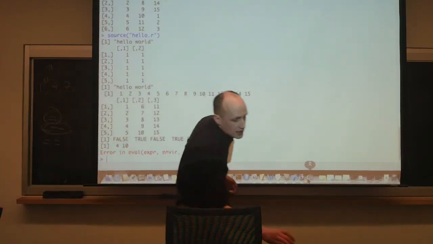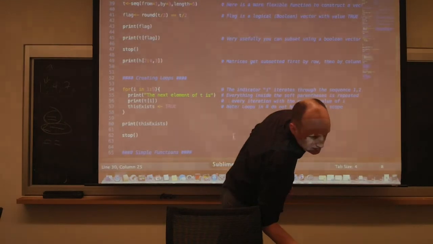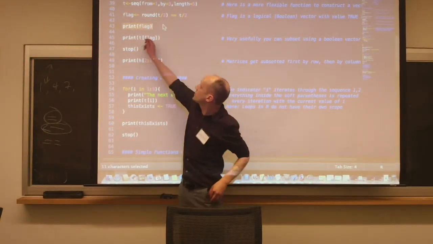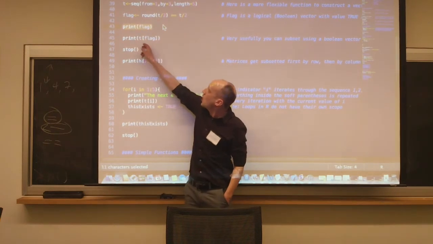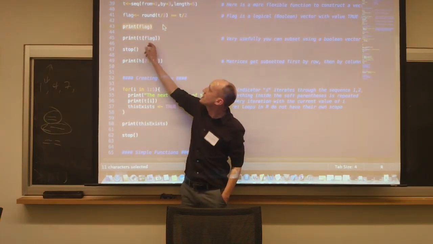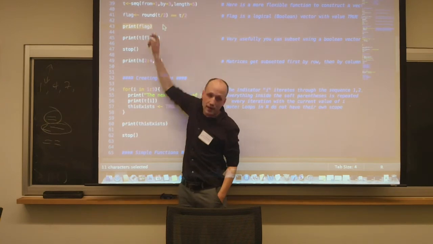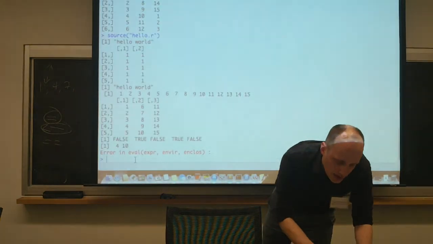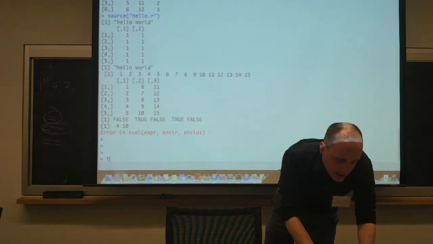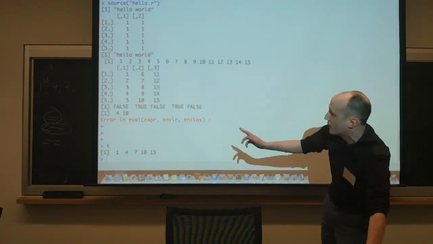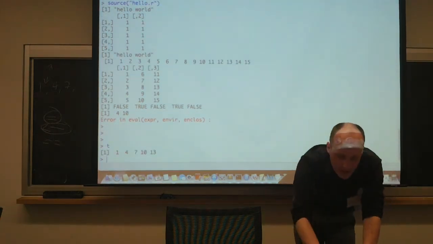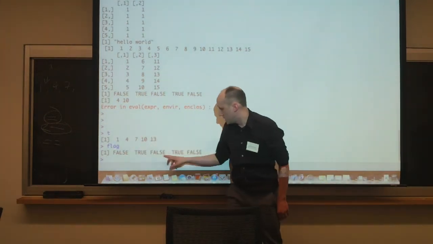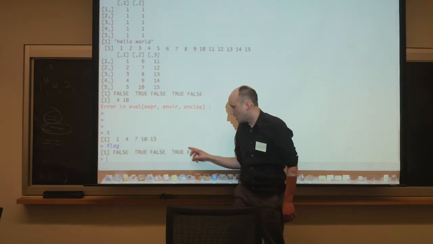Okay, so I have done that in this code. Let's look at that. I'm going to print, this is my vector of trues and falses. And then this hard bracket, that's how I construct a subset. T is my sequence. Follow along with the code while I do it on the screen. Here's T, that's my sequence, 1, 4, 7, 10, 13. Here's flag, okay, not even, even, not even, even, not even.